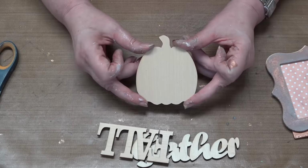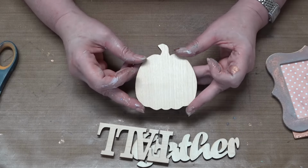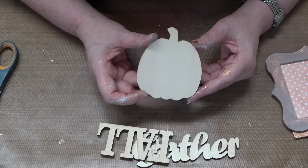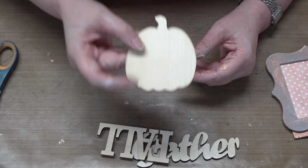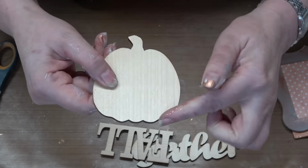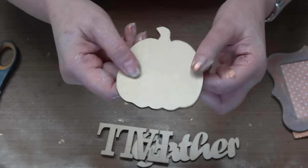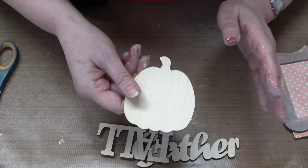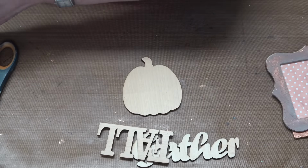Okay, do you always have to paint these? No, we can use paper. Absolutely, we can use paper to do these. But you're saying, Stacy, I'm not good at that. It's hard for me to get in there. How am I going to do it? So easy peasy. How about we take,